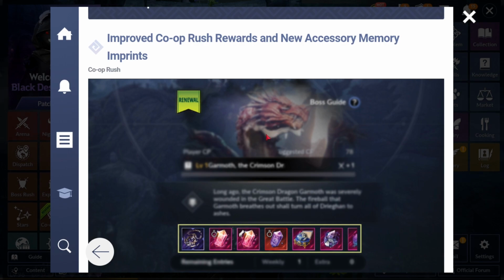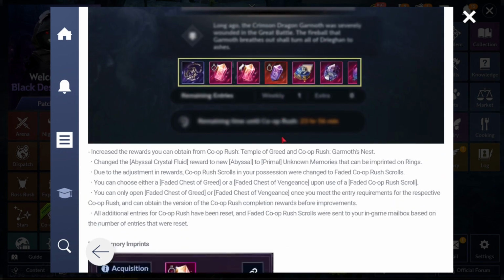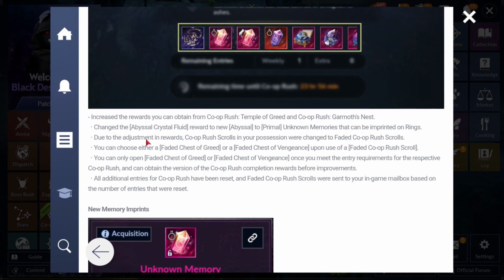So for Garmouth and for Often, you can now get these imprints for your accessories. So this one's for your ring, and then I think there was already one for the glove, but I could be wrong about that. And then there's a red, and then there's a pink. So I am going to kind of skim over it, but I won't be doing a full read through. But basically, they've increased the rewards that you can obtain from both Temple of Greed and Garmouth's Nest, and then they've changed the Abyssal Crystal Fluid reward to the new Abyssal to Primal Unknown Memories. So the Abyssal one is the red one, the Primal is the pink one, and that will be for the